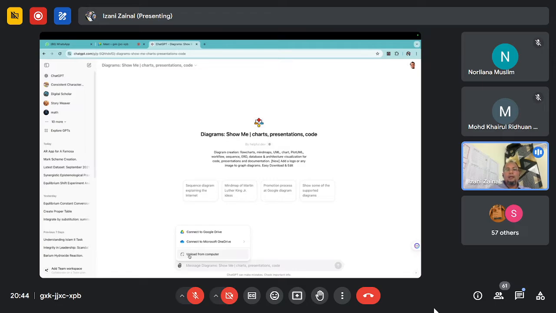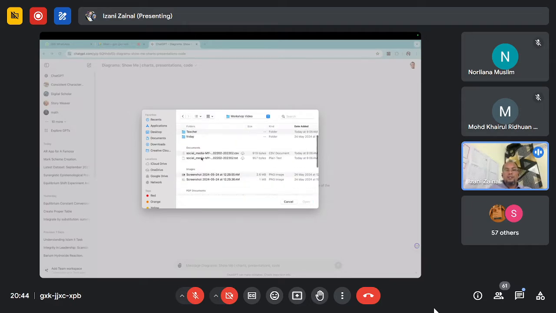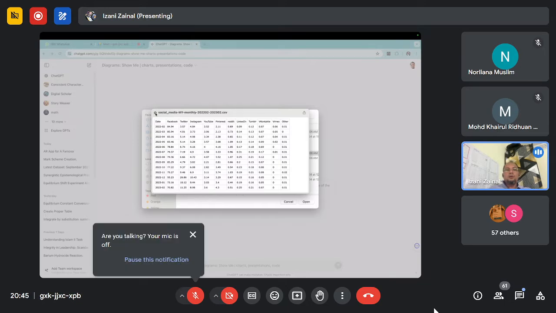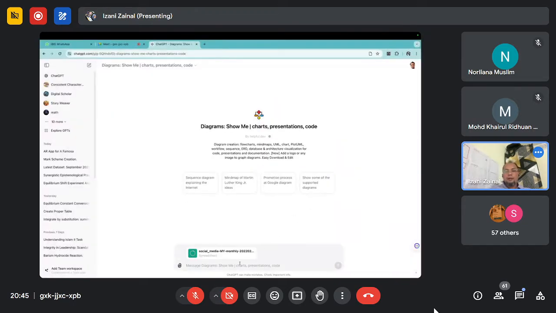I will upload my data, which I already saved somewhere. I want you to see here, a quick look. This is data from a survey in Malaysia. We have a survey every month, 2022, 23. This is all the data. If you want to interpret, you cannot interpret by looking at these numbers. So I'm going to upload this CSV file here. Let's see how I